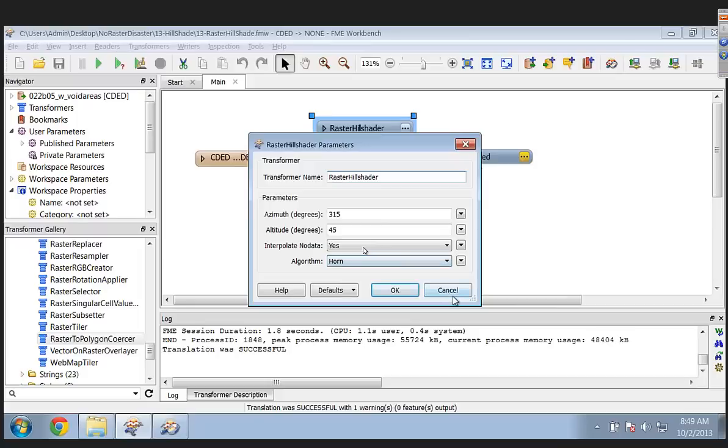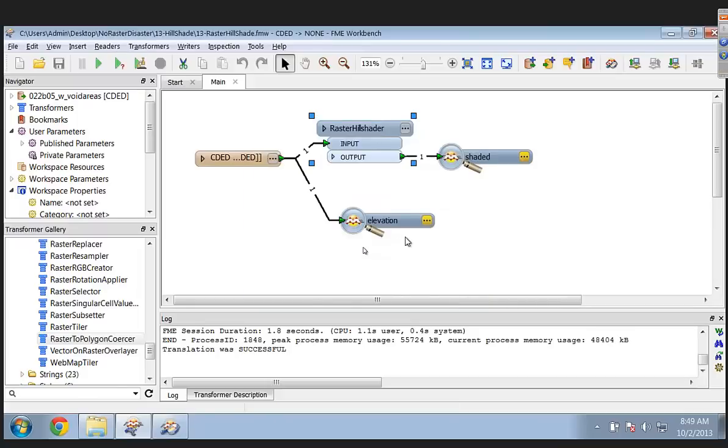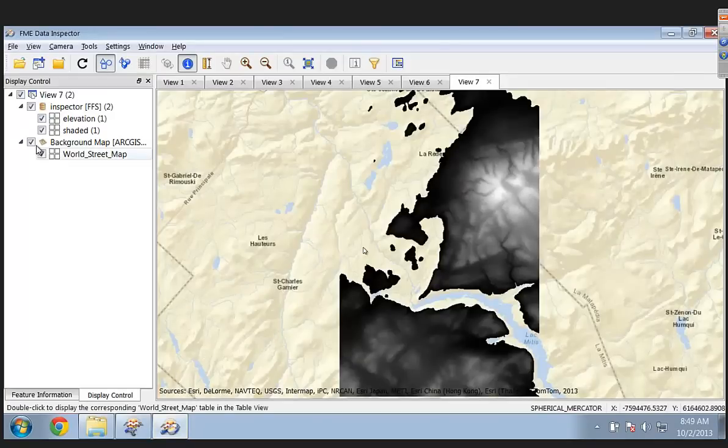The hill shader converts that into a surface and then directs light at an offset to give you a rendering of what that would look like almost in the real world if there were no trees or anything on top of it. So here we are somewhere, I don't know where this is actually. Do you know where this is? I don't know where this is, but we could find out by zooming out. But in any case, this is what the elevation looked like.